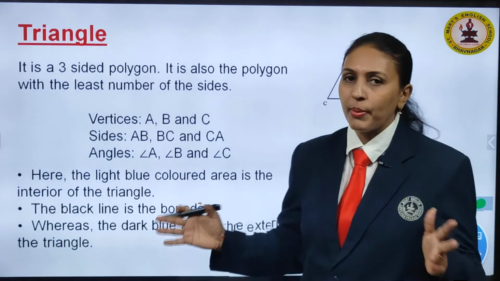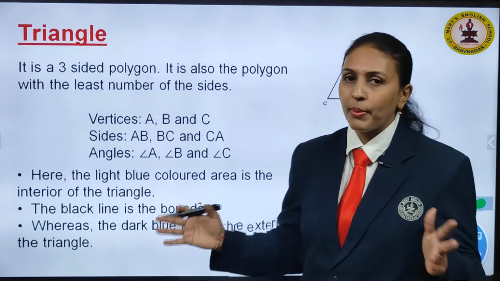Circles. Children, it is very interesting to learn circles. It is a simple closed curve and it is not considered a polygon. Now, you will ask me, why is this not a polygon? Children, because it is not made up of line segments, we cannot call it a polygon. It is a closed figure, but made out of a curve. So, it is a simple closed curve, right? It is not a polygon.